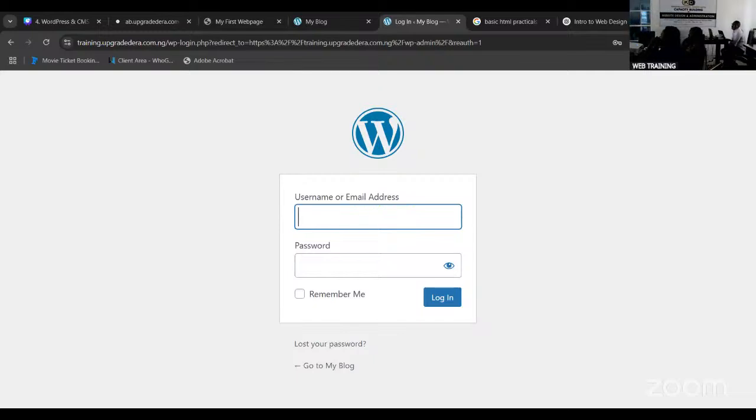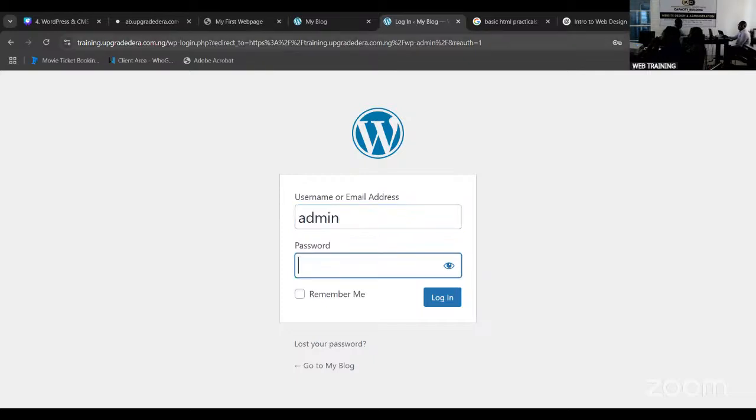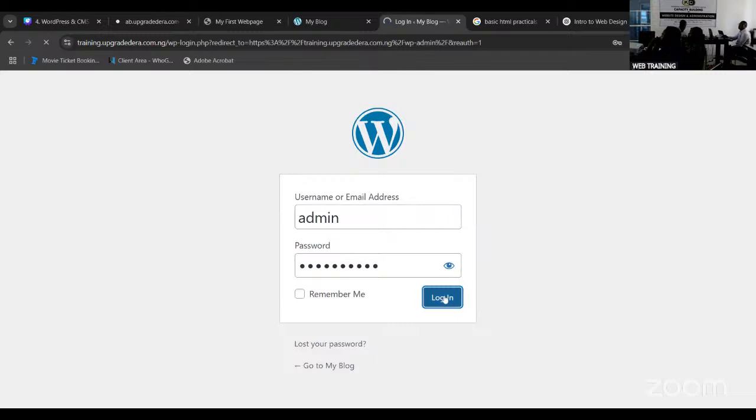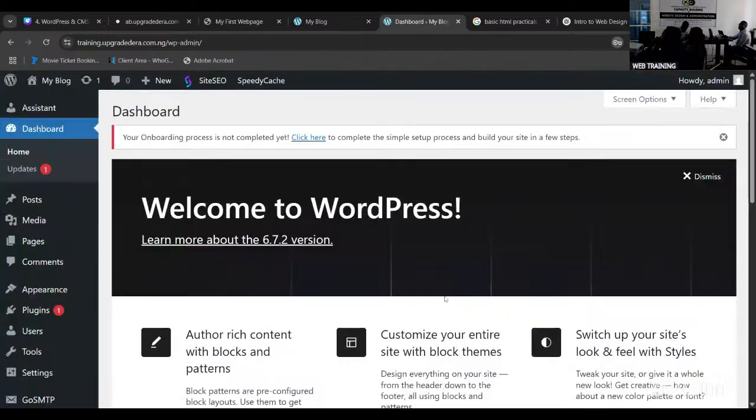This is the second one, to log into your WordPress. The username I created was admin. Then you can do your site. You have a beautiful site and you learn